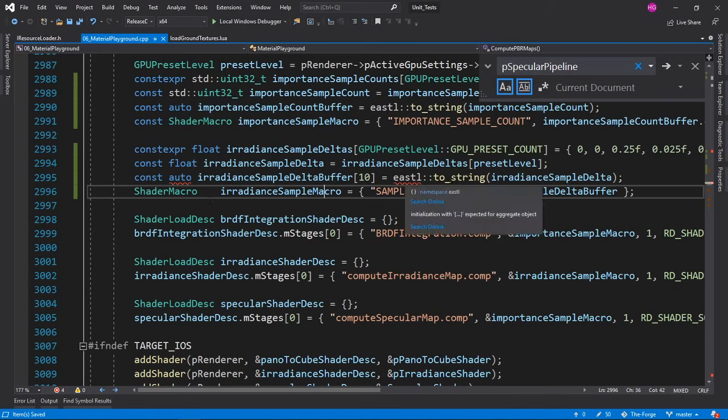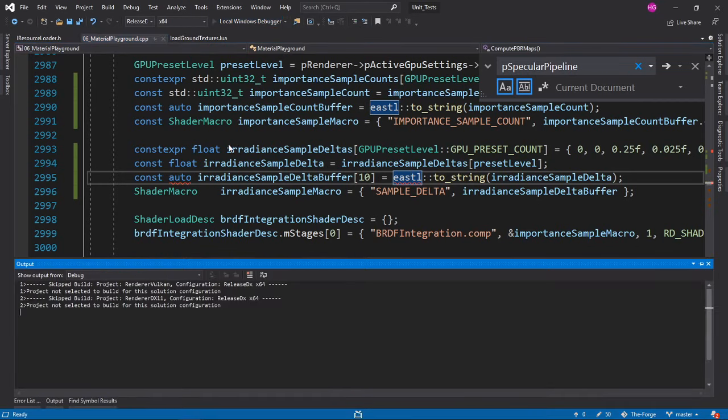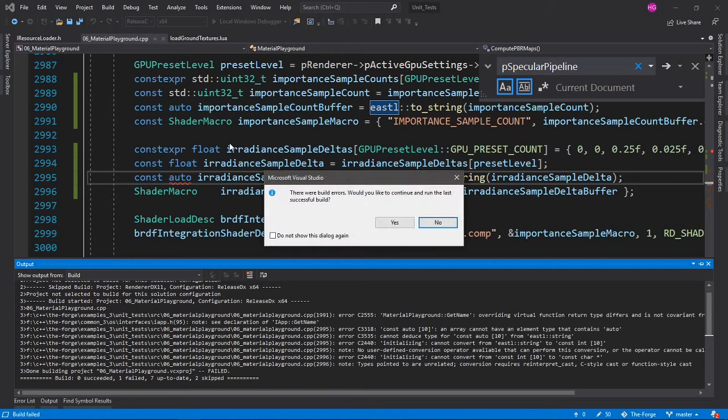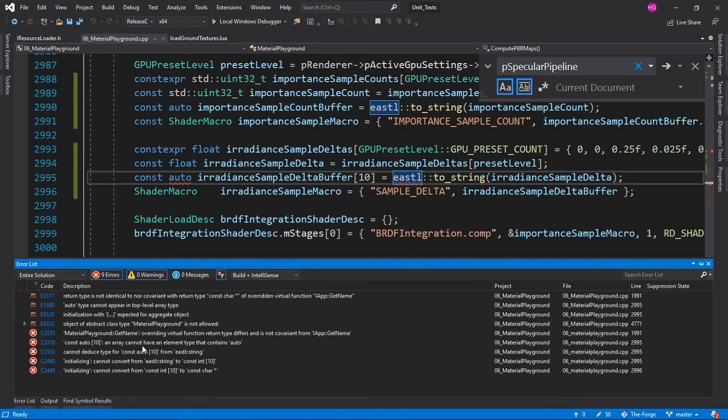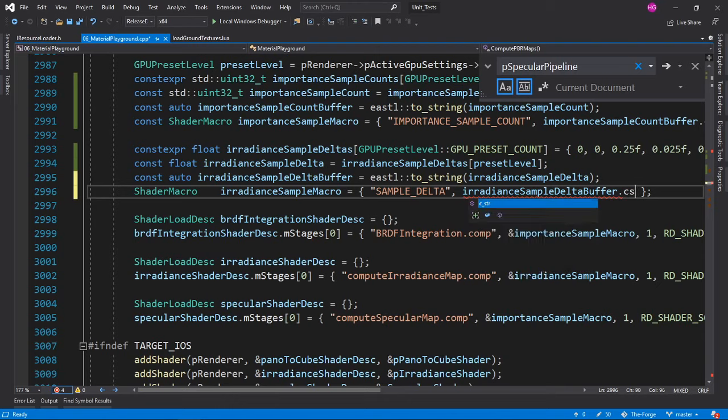It does. Let me see if it does actually. Yeah, it should, but I don't know why it's telling me that there's a code problem here. This should run just fine. Let me compile this. Alright, it doesn't. What's the problem here? Oh yeah, this is the problem here. And c_str here as well. There we go.